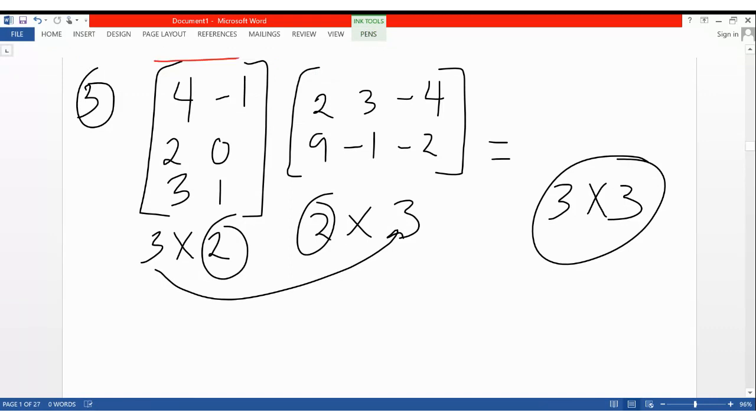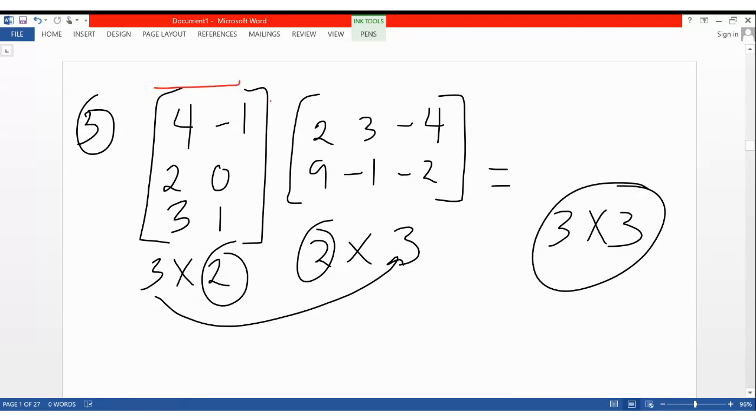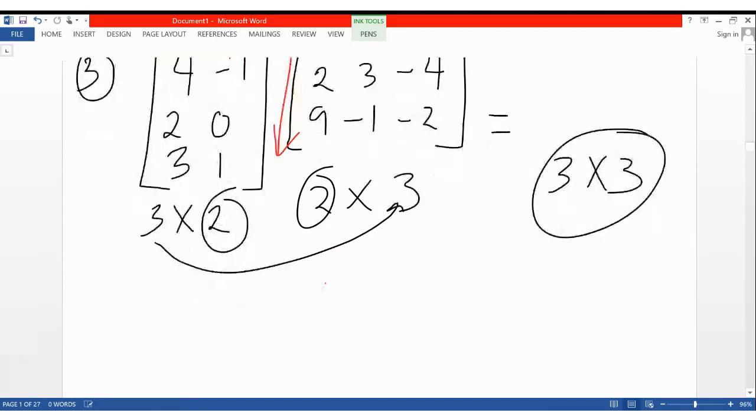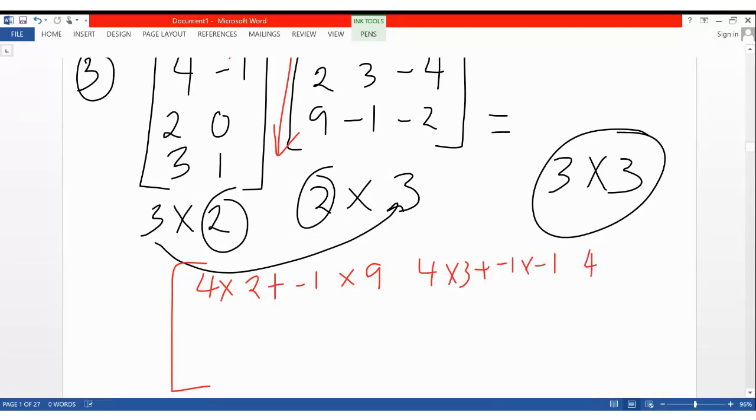Row, column. So I'll multiply those ones. This is what I should be having now. In the first one, I should have 4 times 2 plus -1 times 9. Then in the second one, I should have 4 times 3 plus -1 times -1. Then in the final column there, I should have 4 times -4 plus